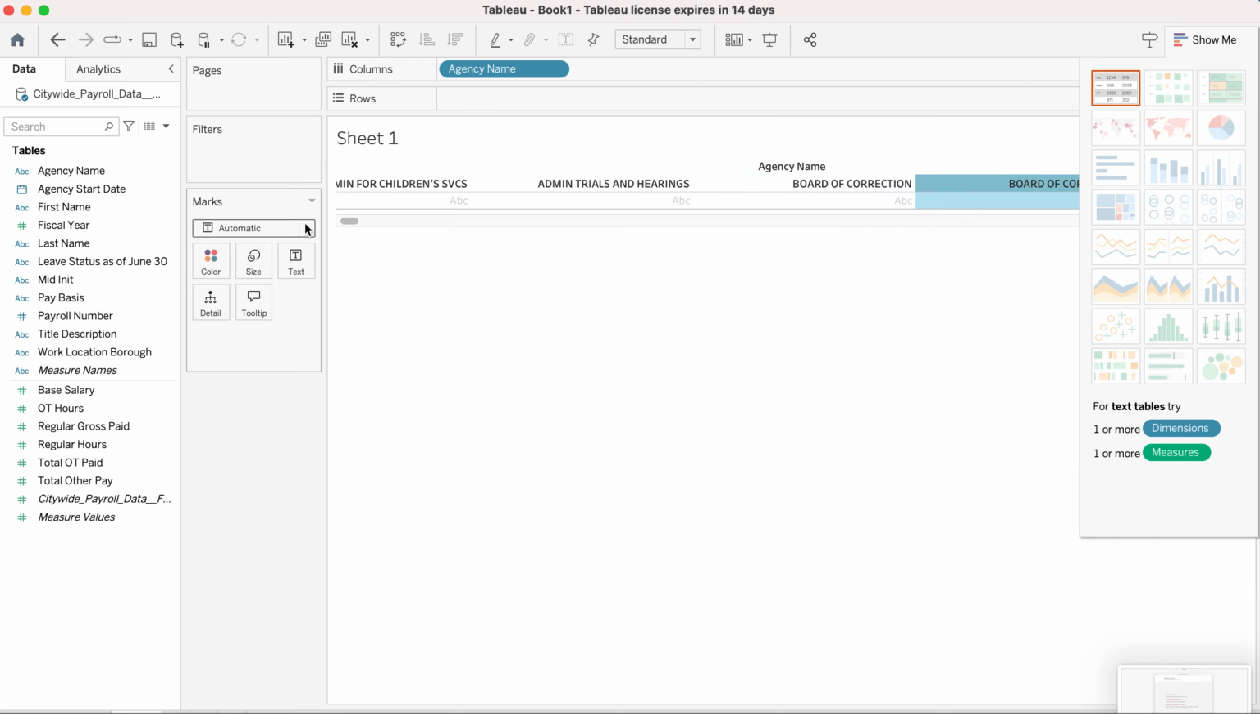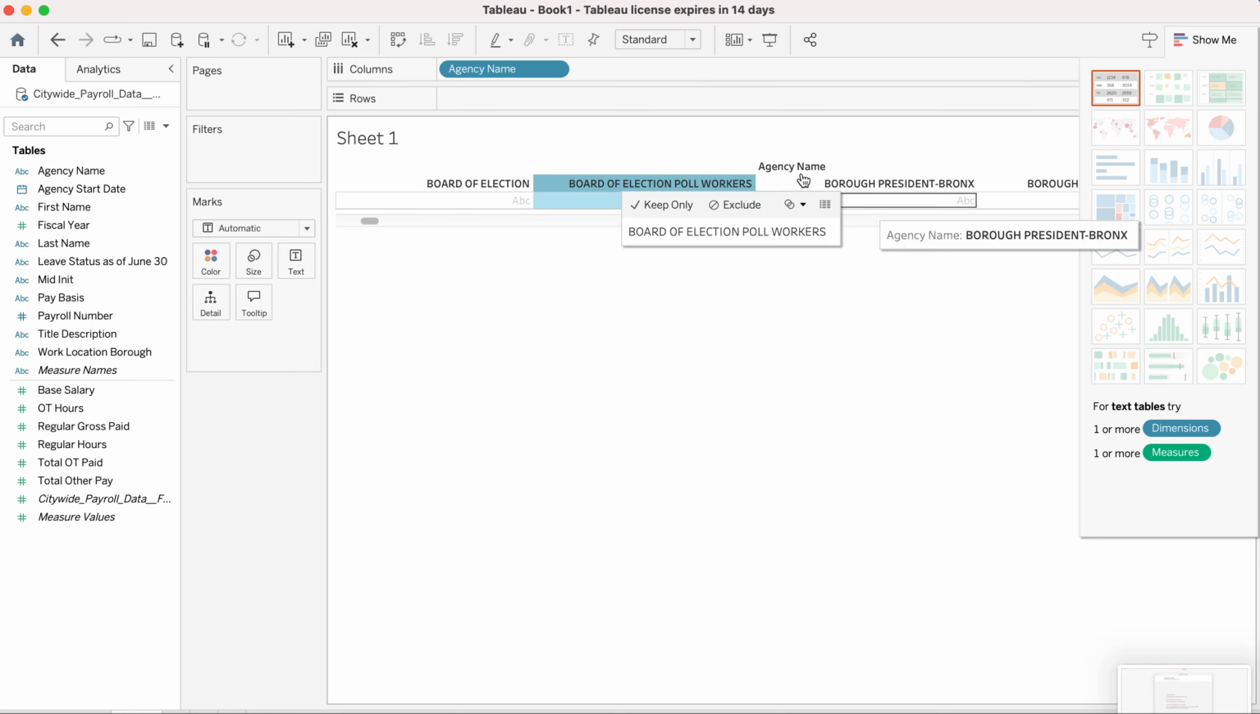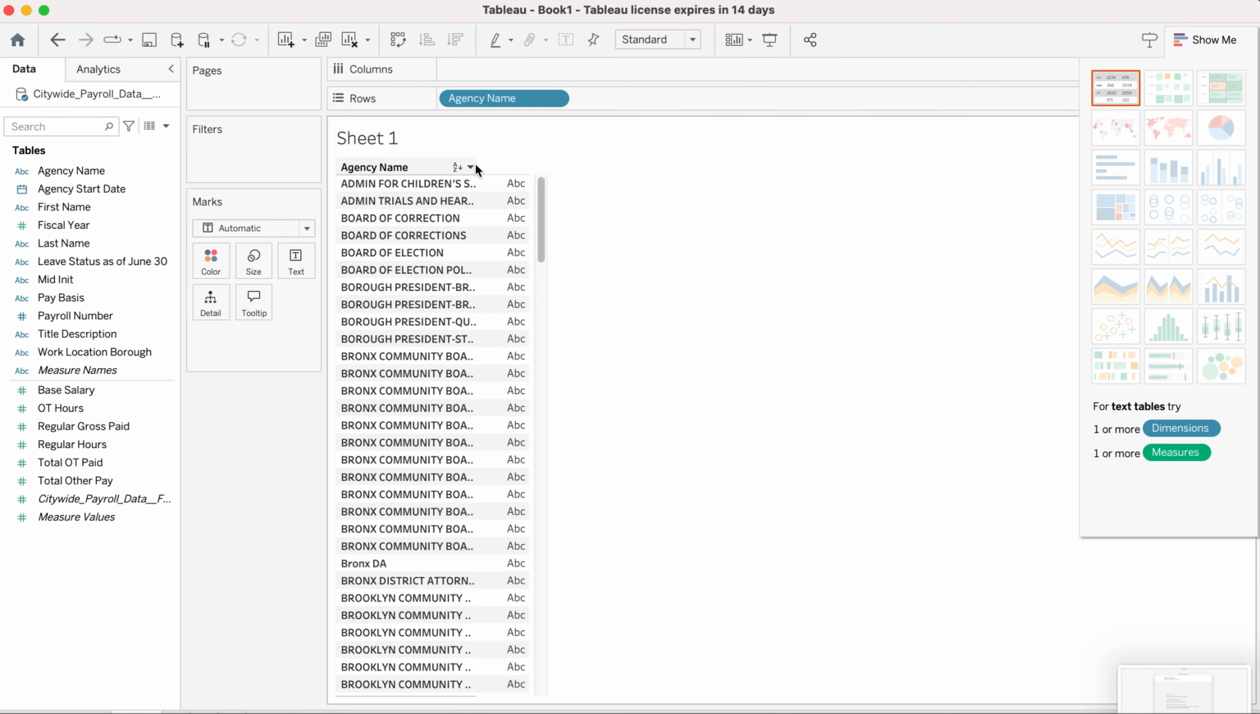So this is going to be common with data, right? So you have Board of Election, and then you have Board of Election poll workers. Let's put that again in rows. So these are all distinct values, but they are very close. So Bronx Community Board 1, 2, 3, and so forth. So let's say we wanted to look at the